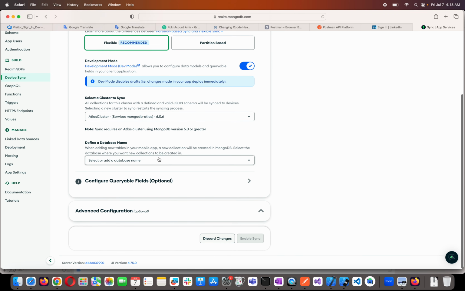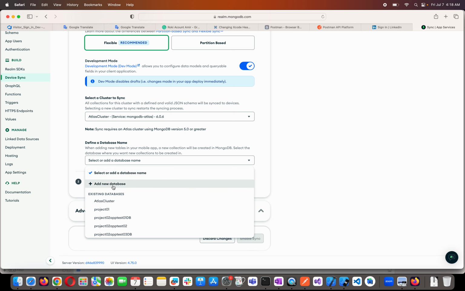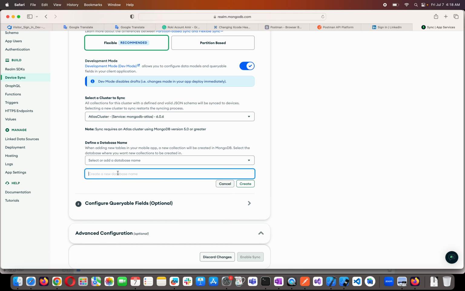And here for the database, I'm going to create a new database. Here again I'll name it for my app, SwiftUIKitRealm,